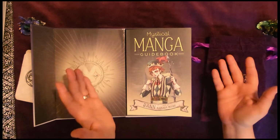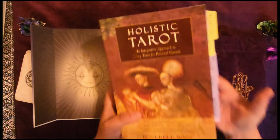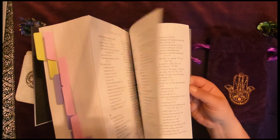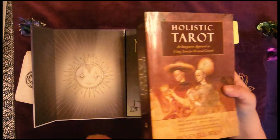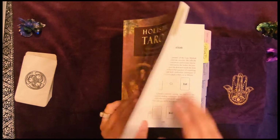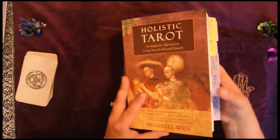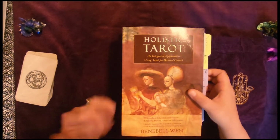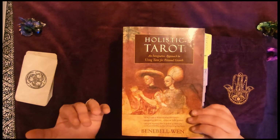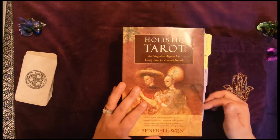One book, for example, that I have been looking into a lot lately is the Holistic Tarot. This is a huge book, like a big monster book. I mean, it's almost 900 pages. It's great. Literally, if you never did tarot reading or anything like that, this would take you step by step through everything that you can do. And it's great that way. But there's a lot of stuff in it that doesn't resonate with me. For example, they have a whole section on cleansing your cards, or how to shuffle and everything like that. It doesn't resonate with me, so I don't take that part. But some of the other stuff helps me to